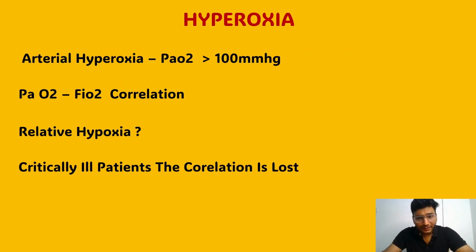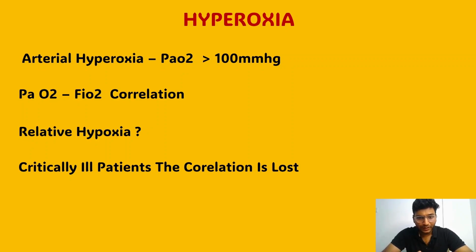So what is hyperoxia? Hyperoxia is when the arterial oxygenation is more than 100 millimeters of mercury. And if you see the FiO2 and partial pressure of oxygen, there is a clear correlation. As I said, this is the room air. If the patient is given FiO2 50%, the partial pressure of oxygen comes to approximately 5 times the FiO2. That is 50 into 5, so the partial pressure of oxygen should be at least 250 millimeters